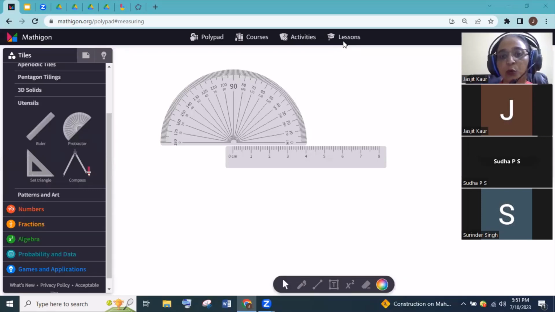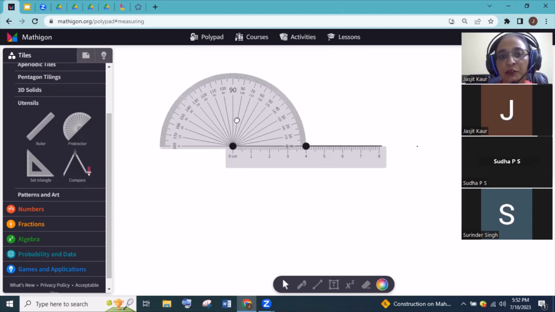Here we have the toolbox. So this is the move tool. These are the drawing tools, in which you will have the pencil, the marker, the highlighter and the scale. Just see, with the help of this scale, you can draw a line like this, of length 8, and then from here set it with the help of the move tool, and ask the student to